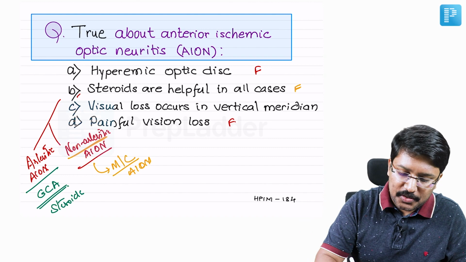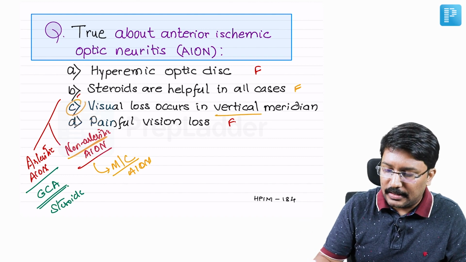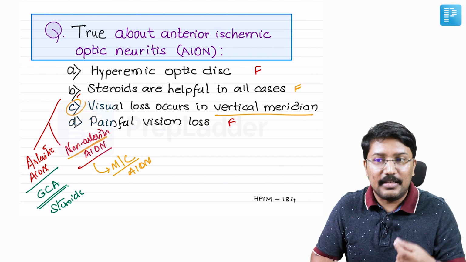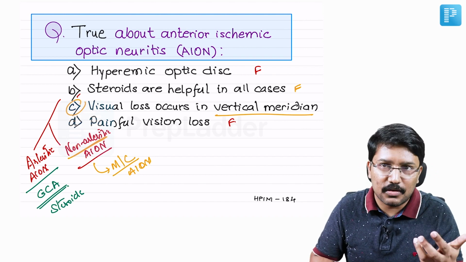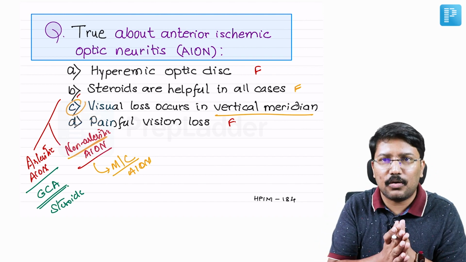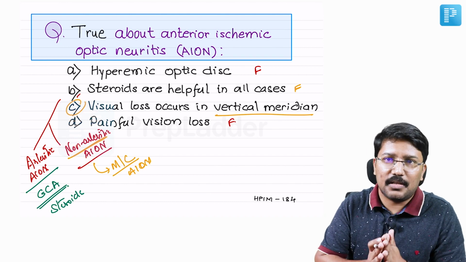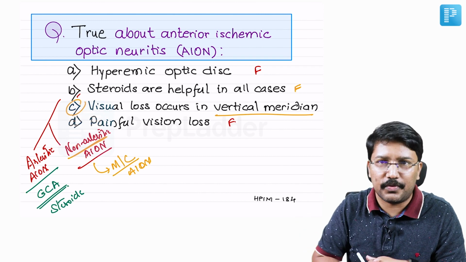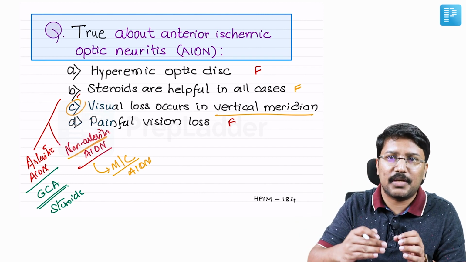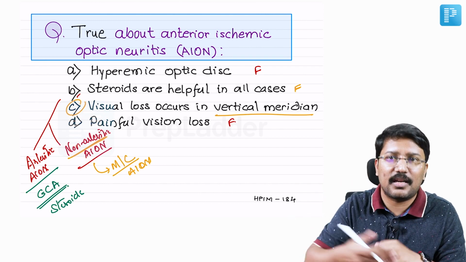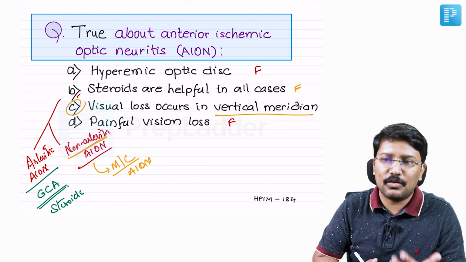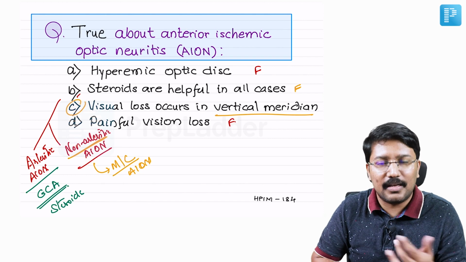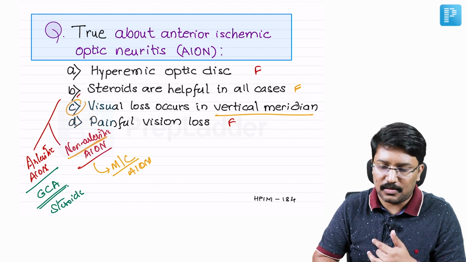So we are left with option C, vision loss occurs in vertical meridian. Okay. For a person like me with a medicine background, I really didn't know that vertical meridian loss of vision occurs, because Harrison only talks about painless vision loss, right? And he says that there may be a staggering loss of vision. Mostly it is sudden, but sometimes there is a sudden initial loss and there may be a little staggering vision loss. He doesn't talk about vertical meridian, but by ruling out options A, B and D, I would have answered option C as the right answer here.